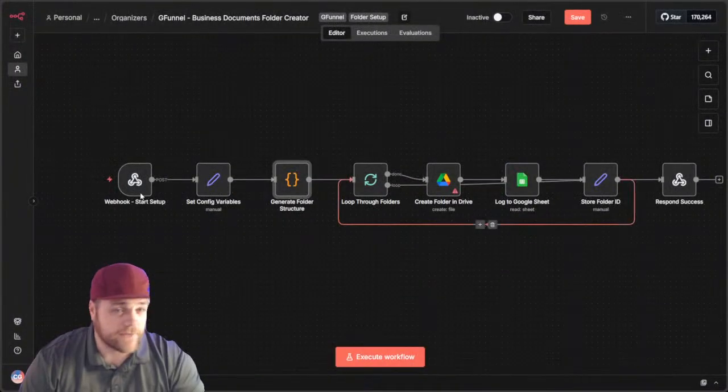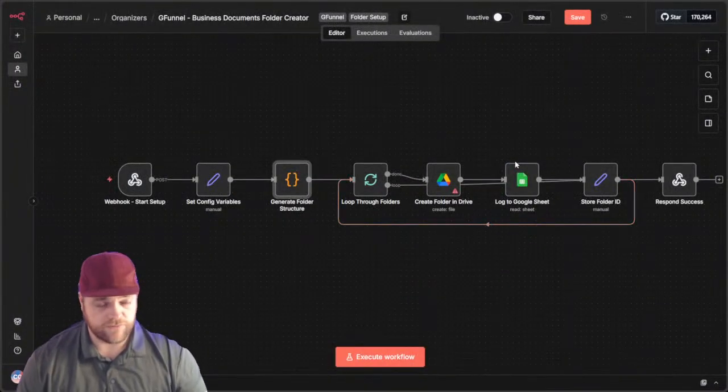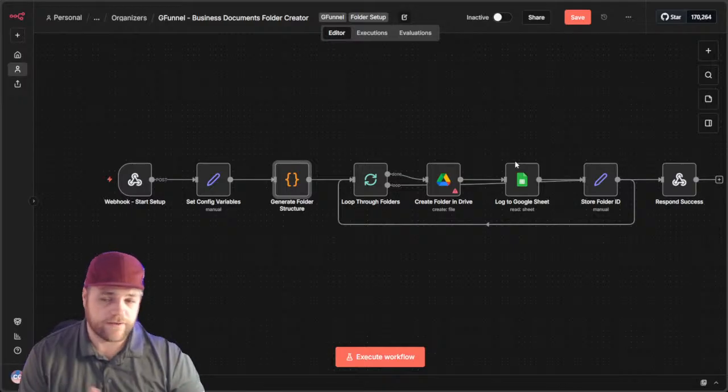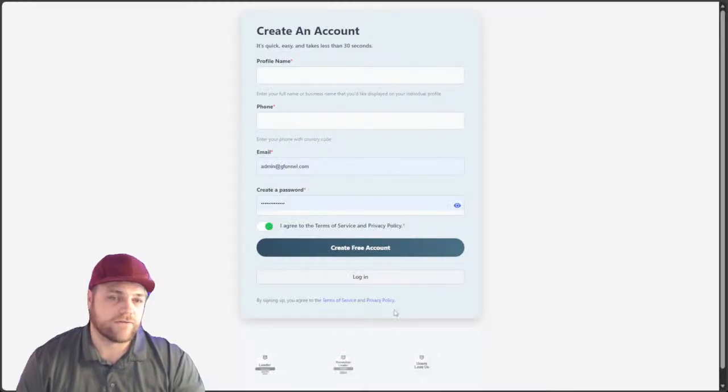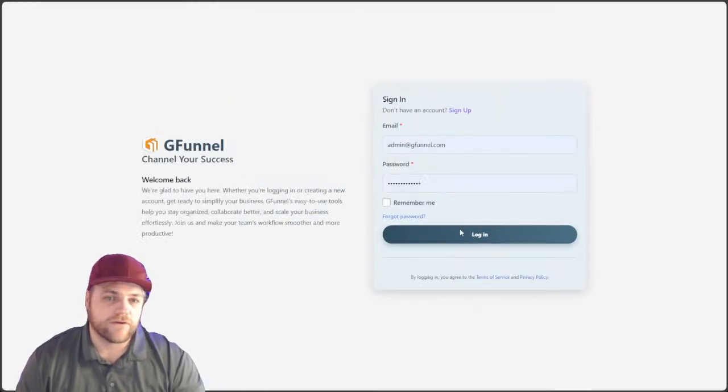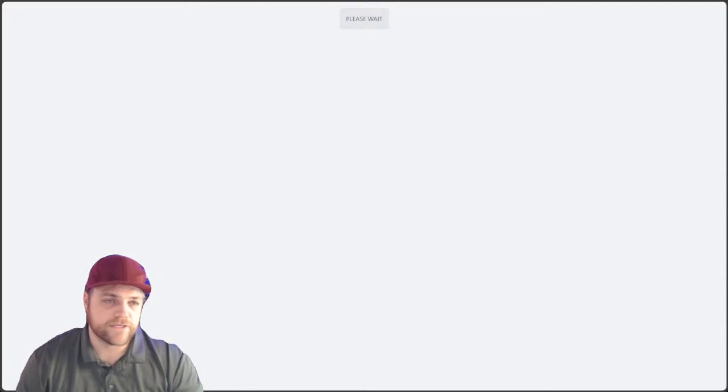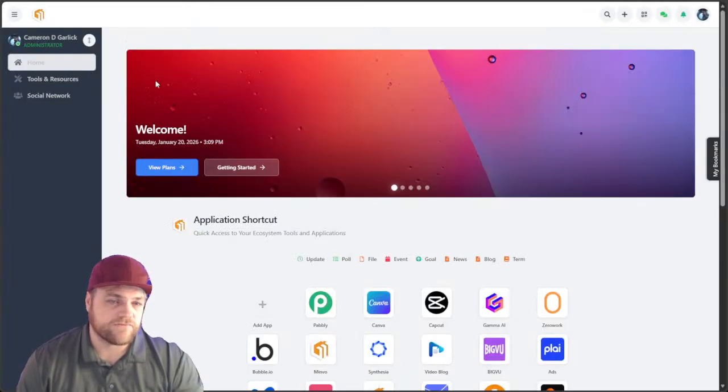So again, I'll give you guys this JSON. If you want this JSON, just let me know. Like, again, easy to reach me. Just create an account in GFunnel. Just say, hey, Cam, I need this. And then, again, I'll just add it to your account. What that means is you create accounts free, right? It's free. You can come in. You can just find me, message me.